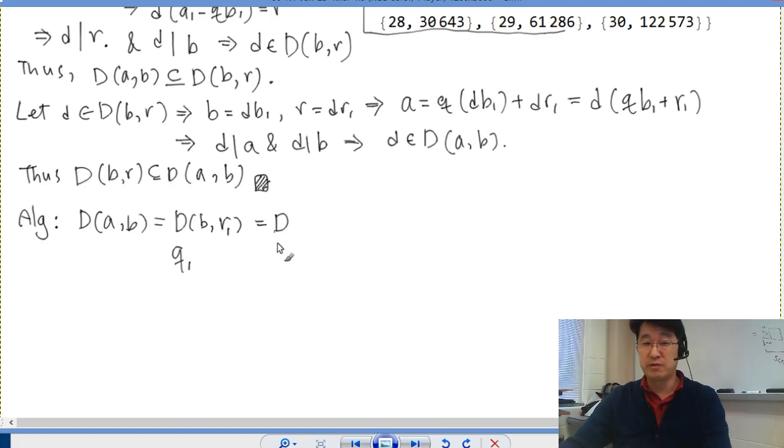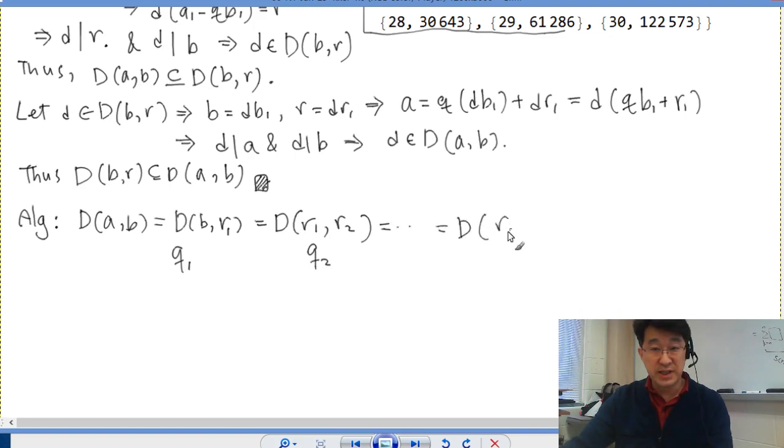What is the next one you think we're doing? We're going to divide what by what? Right, B by R1. R1 is smaller than B now, right? So you get a new remainder. So you're going to replace; B and R1 are adjacent. Now you have a new remainder, and then you have a new quotient as you divide B by R1. Good? And then you do that again and again until you reach something like this,